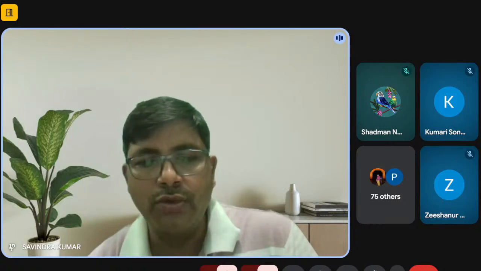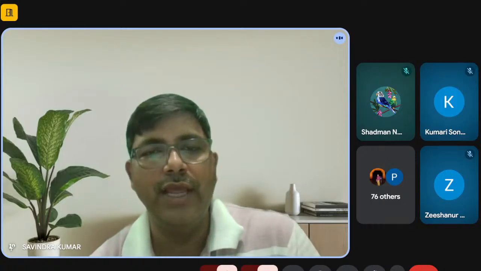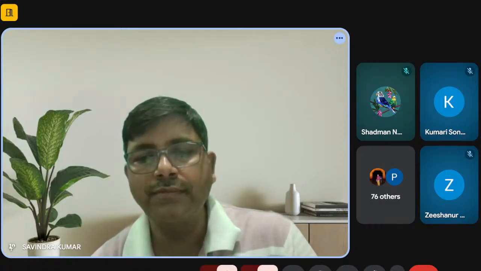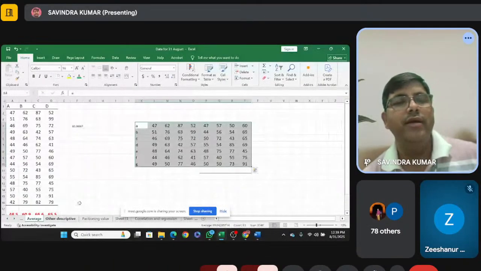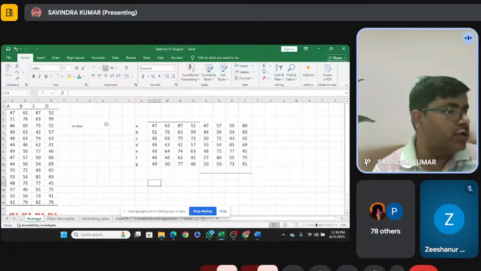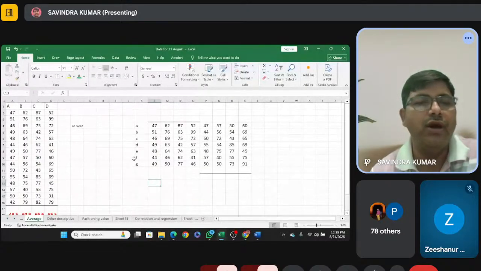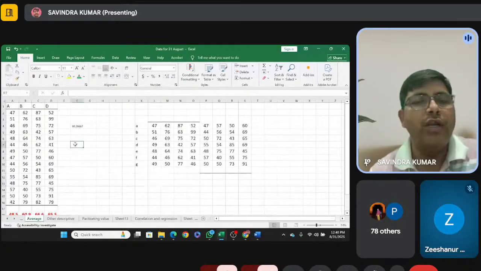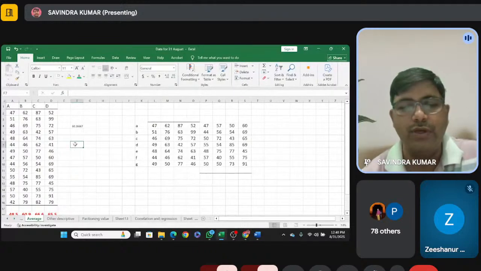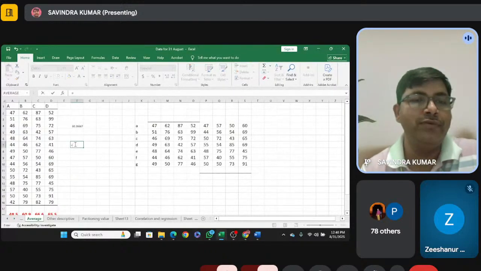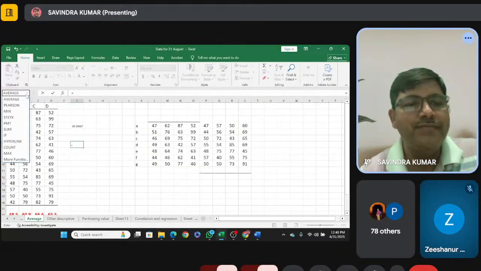So meanwhile, if there is no query, I will show you my screen one more time, and then we will have a break of 5 minutes. Suppose we want to find out the standard error of column A. Because there is no direct formula in Excel, either we have to go for the data analysis, but we don't want that. So what we can do, we can simply calculate the standard deviation